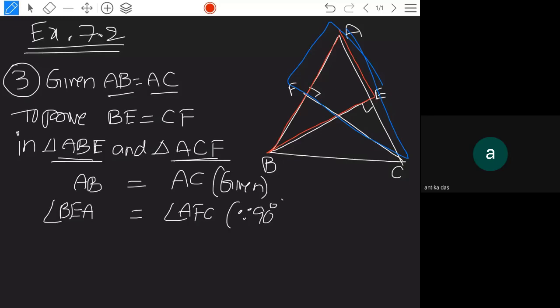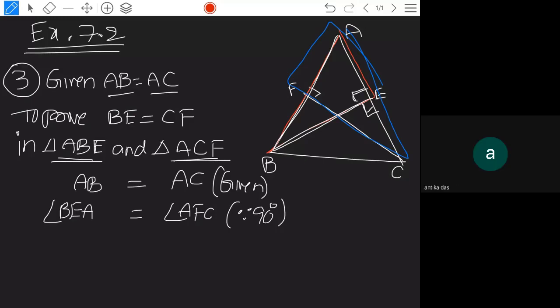In a right angle triangle, sir, the angle BEA is not marked as 90 degrees, but BEC is marked. Very good, it is not marked, but it is given that BE is perpendicular to AC. So this side 90 degrees will be there and this side also 90 degrees. It is not marked here, but it is given.